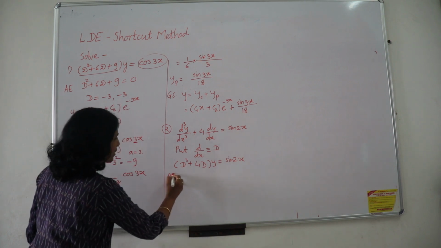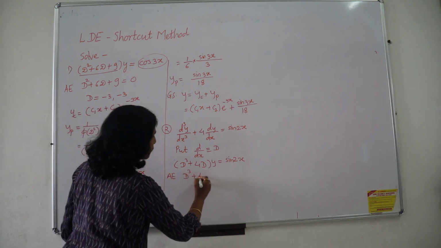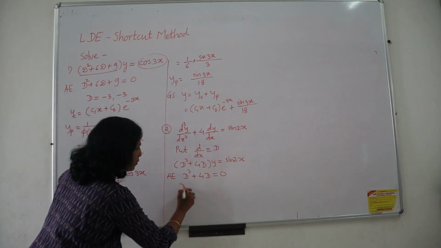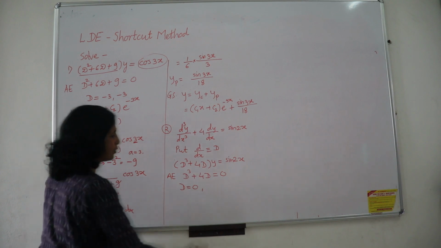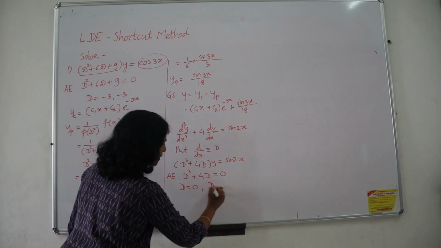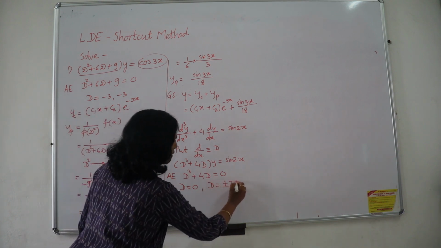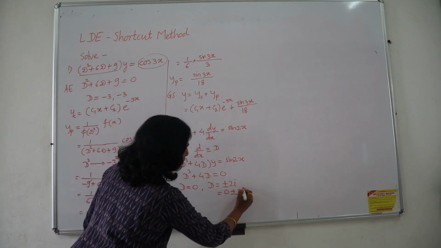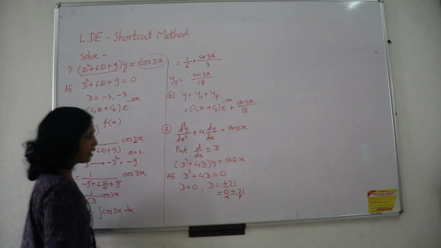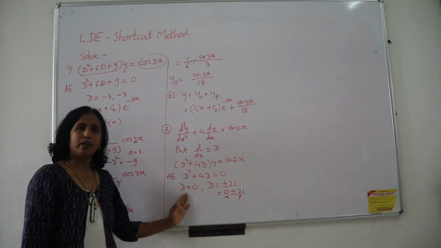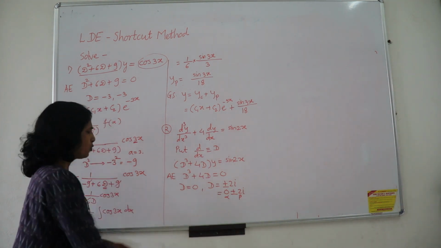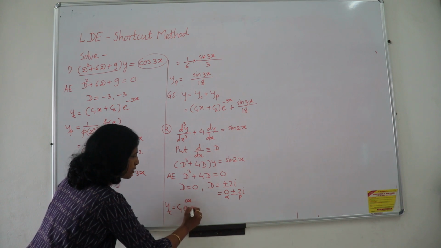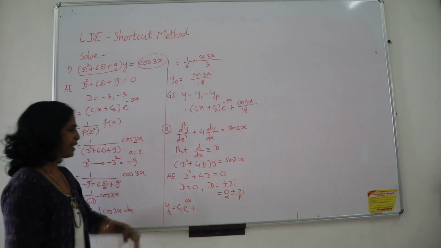Now my auxiliary equation is D cube plus 4D is equal to 0. Again you have choices to simplify. To get the roots, one root is D equal to 0, and another root is plus or minus 2i. So you write it like this: 0 plus or minus 2i. This is alpha, this is beta. All of you know this is a combination of real and complex roots, so we make the combination in yc. So this is c1 e raised to 0x. Those who are better in calculations may write directly 1 also.